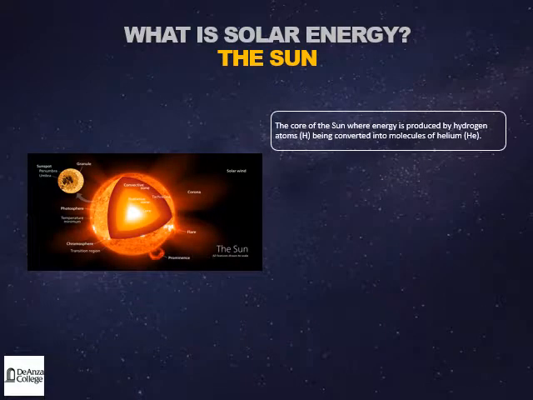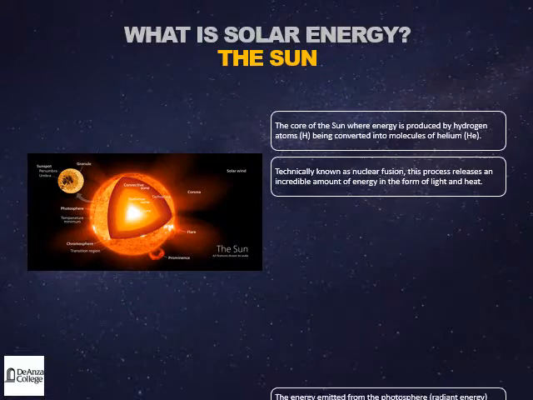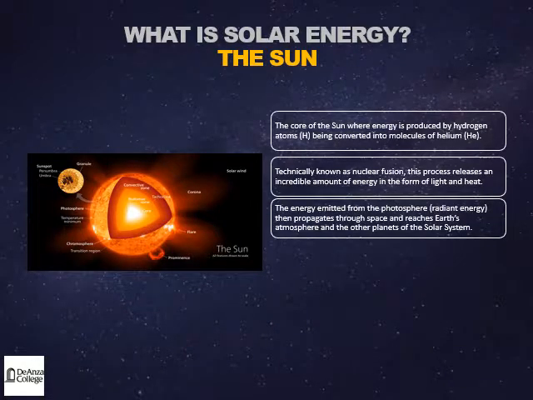Just like the earth, the sun has many layers too. The core of the sun is where energy is produced by hydrogen atoms being converted into molecules of helium. This process, technically known as nuclear fusion, releases an incredible amount of energy in the form of light and heat. The energy emitted from the photosphere, radiant energy, then propagates to space and reaches Earth's atmosphere and other